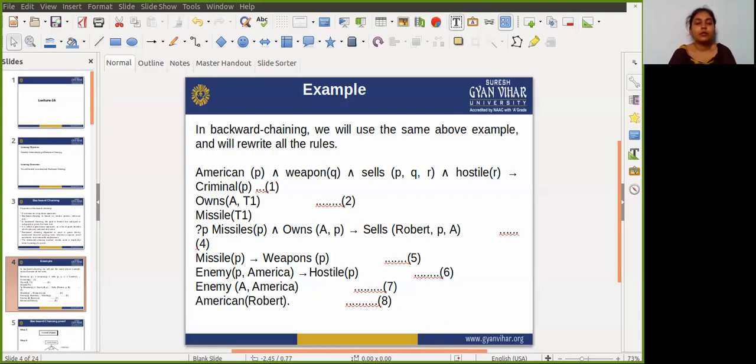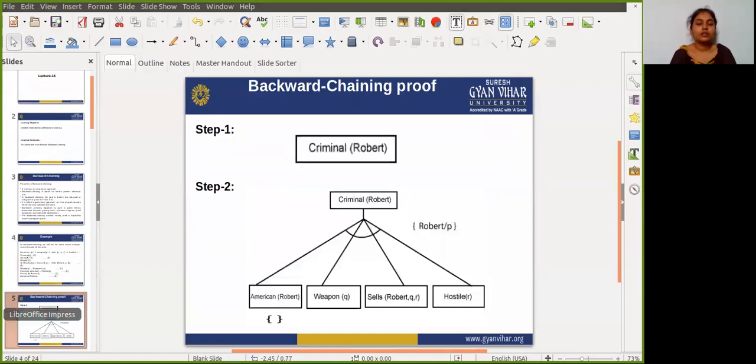So, backward chaining proof. We will start with our goal predicate, which is criminal robot. Okay, means we have only one thing, right? That robot is a criminal. So in the first step,